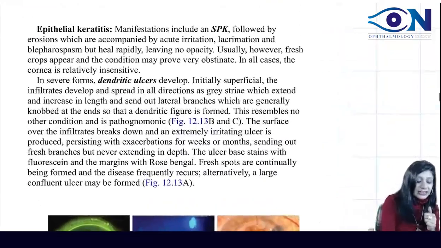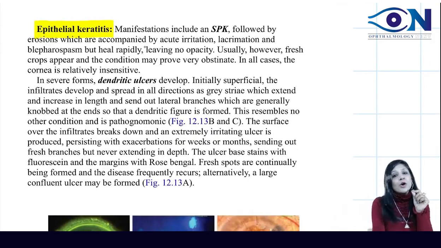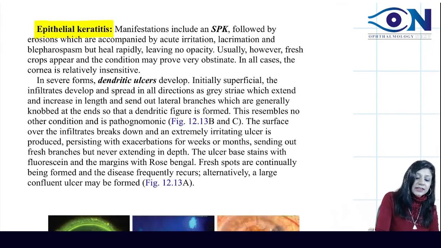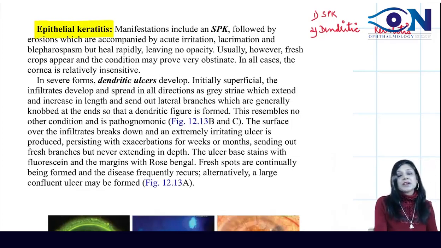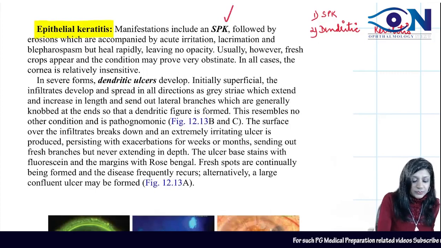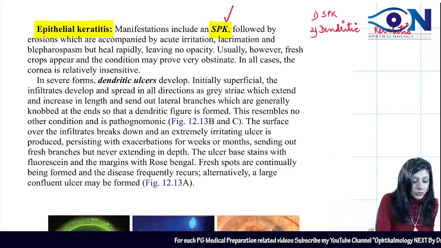It is starting just with the epithelial keratitis. In the epithelium, how is it starting? Basically, two things are there in the epithelium. One is your SPK, and the second is your dendritic keratitis. So any one can take place. One is your SPK, another is your dendritic keratitis. So one is your SPK, followed by the erosions which are accompanied by, now